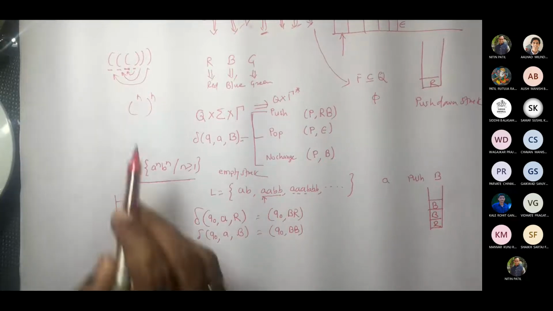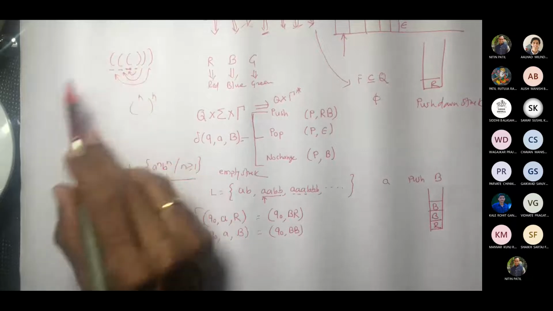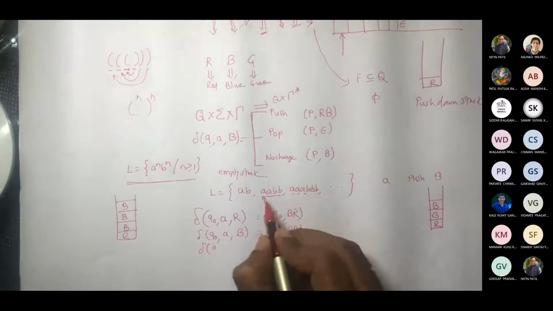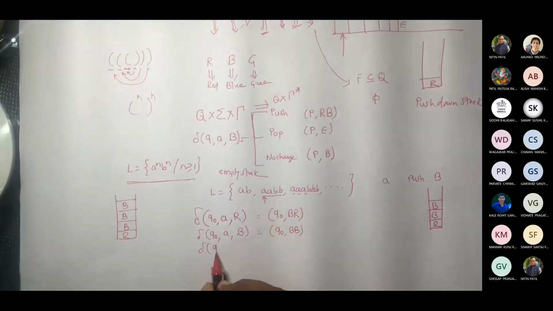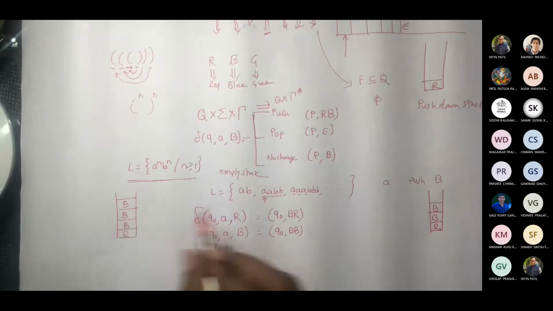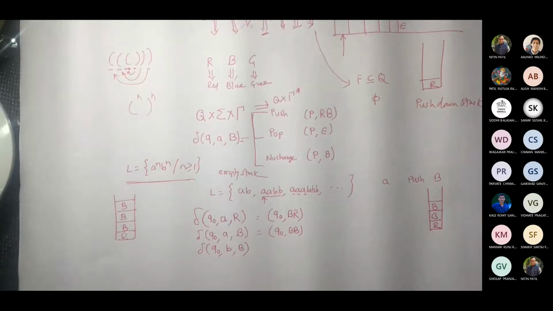Now what is to be done? When we get a closing bracket, we are going to pop the elements from the stack. So let us write that. At one point of time, all these A's will finish. That's why we write Q0. We are going to get B, and at the top, no matter how many A's there are, we should get B, correct?